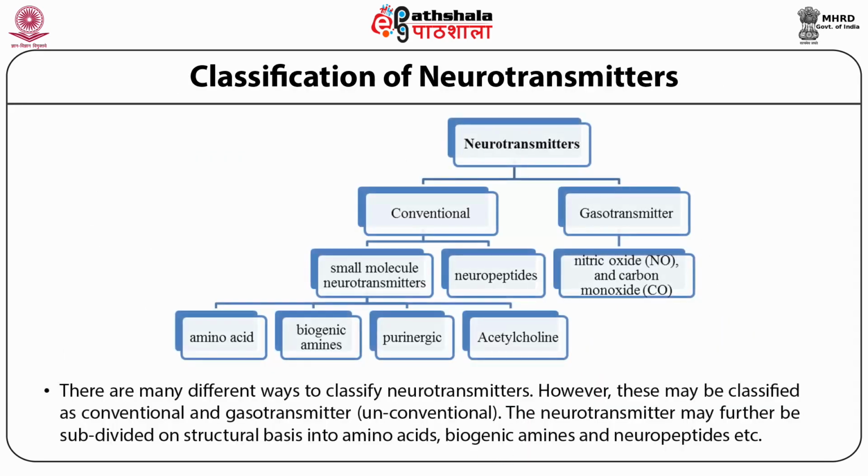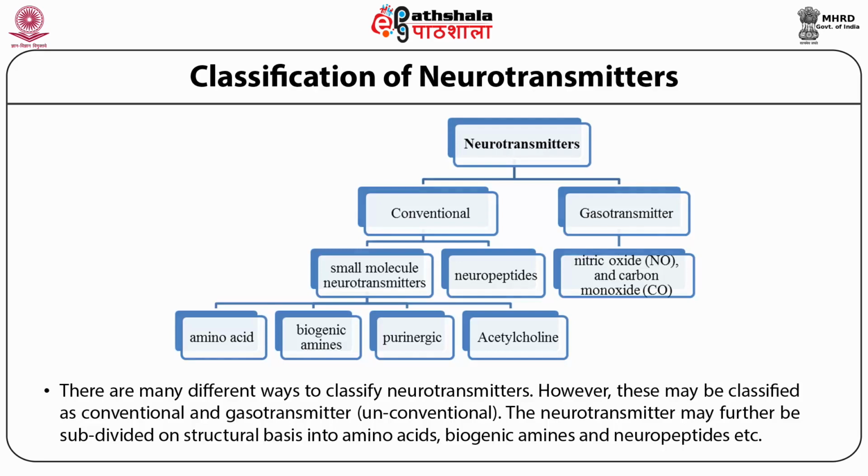One can classify neurotransmitters on the basis of their structures. There are many different ways to classify neurotransmitters. However, they may be classified as conventional and gasotransmitters, which are generally called unconventional neurotransmitters. The conventional may be subdivided into the small molecule neurotransmitters or neuropeptides. Small molecule neurotransmitters are a different class of transmitters other than the amino acids, biogenic amines, or sometimes